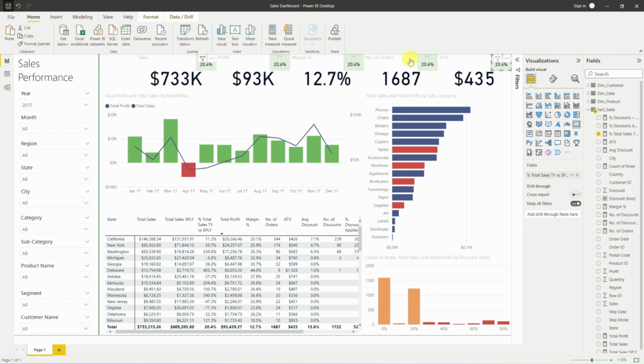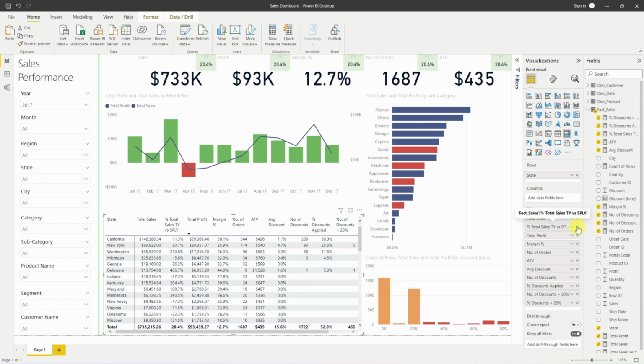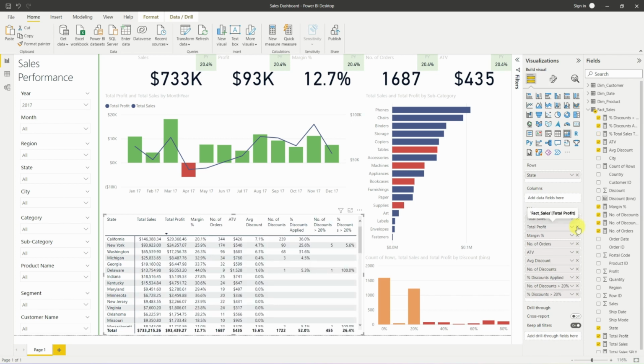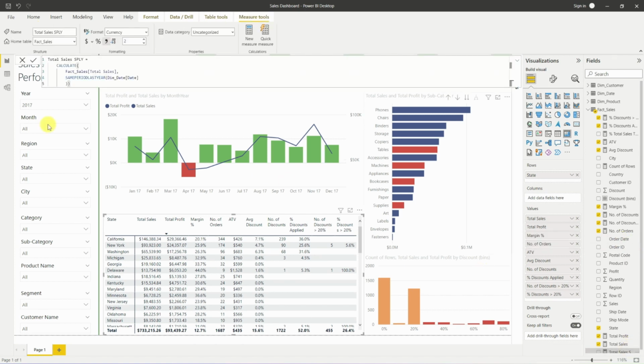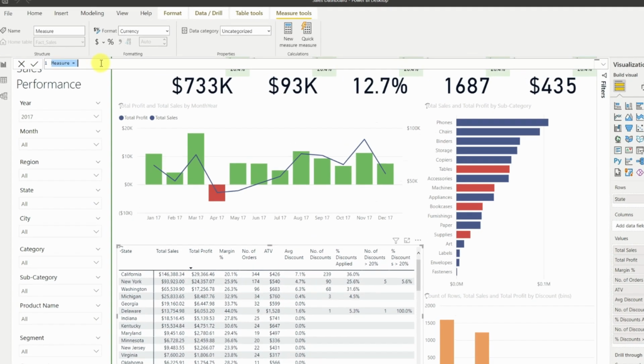So now we have these all set up ready. We can now start adding in the measures that we need for profit, margin, number of orders, and ATV, doing exactly the same as what we did before. For now, because we know these have worked, we want to cross-reference to double check, say total profit is working. For our next one, we take those off, and then we want to go to total sales previous year,